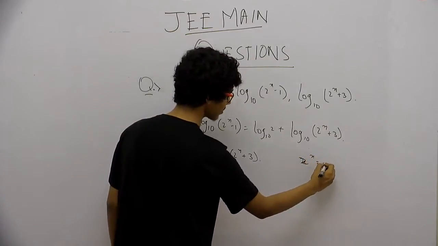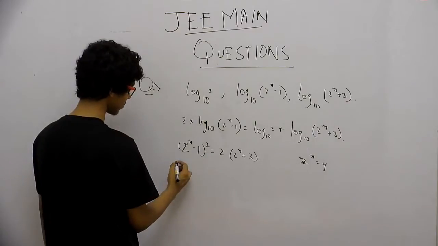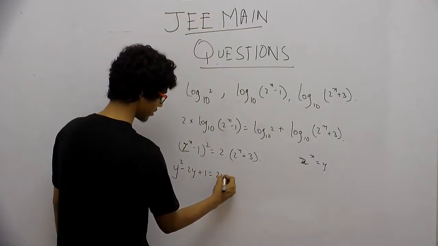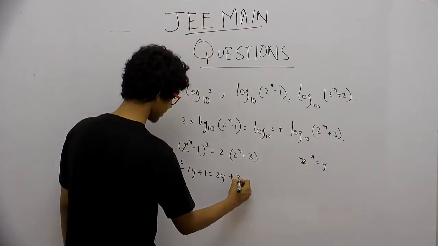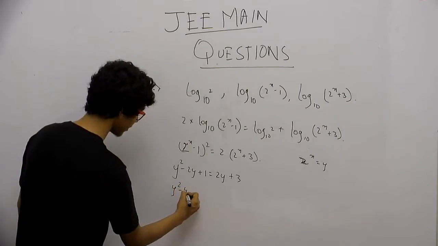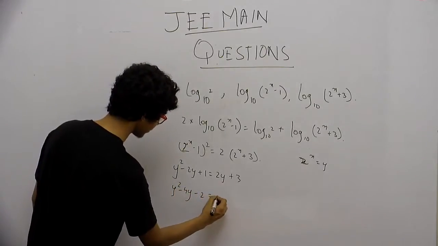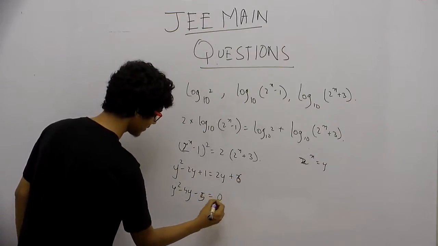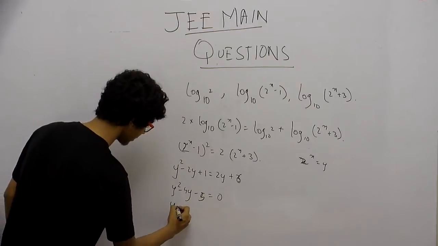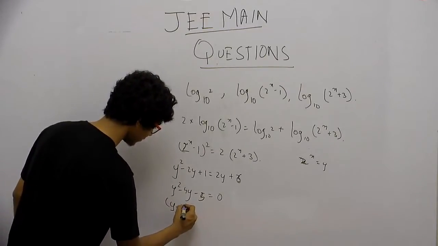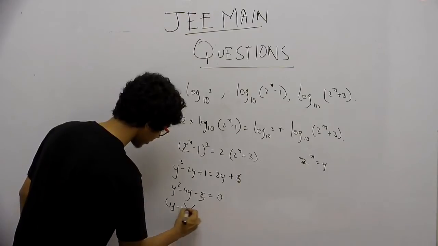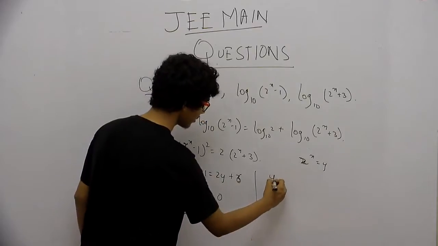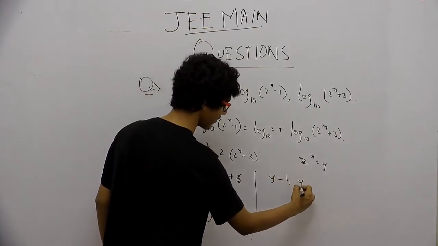Now suppose 2 to the power x equals to y. So we get y minus 1 whole square, that is y square minus 2y plus 1. This is equals to 2y plus 3. So we get y square minus 4y minus 2, sorry, this will be 6, so this will be minus 5, this is equals to 0। So we get y minus 5 into y plus 1, this is equals to 0। Therefore we get y equal to minus 1 or y equal to 5,